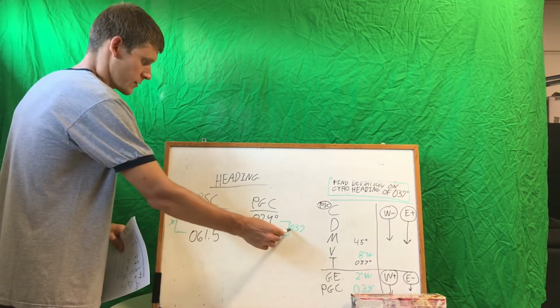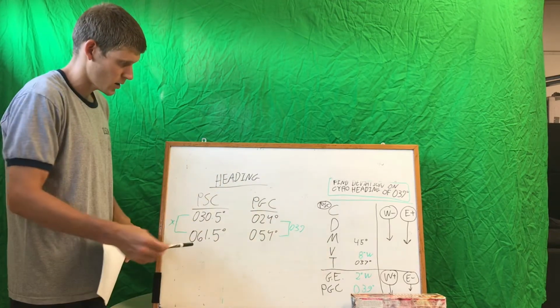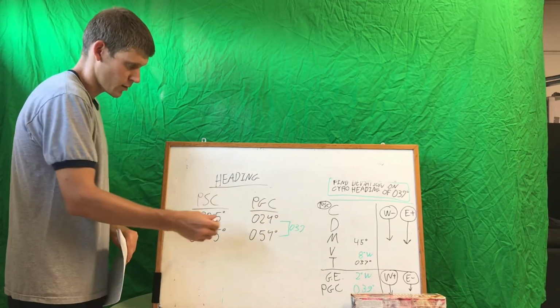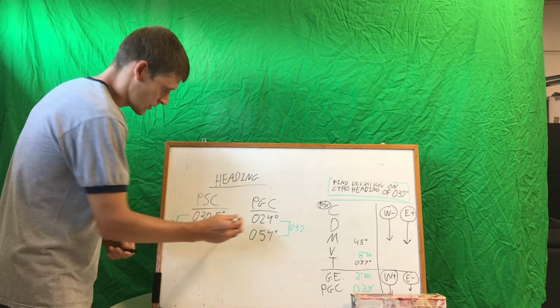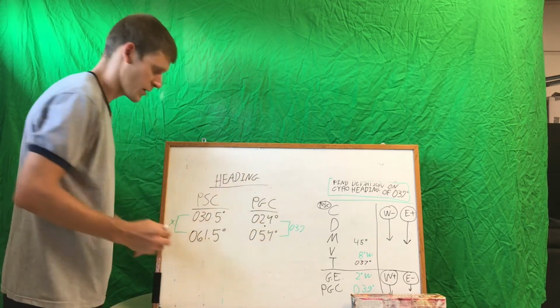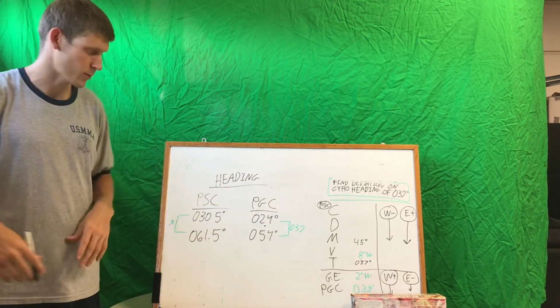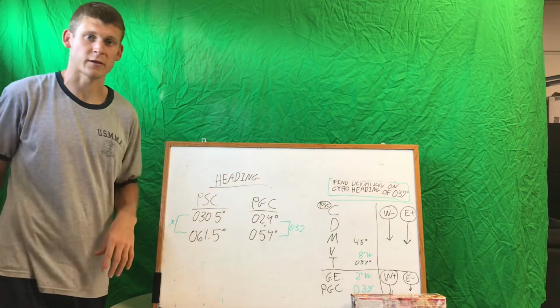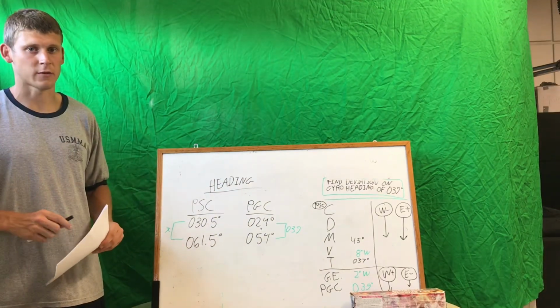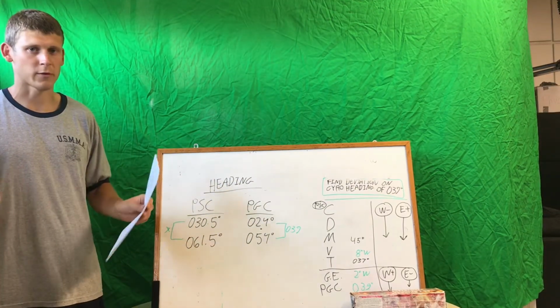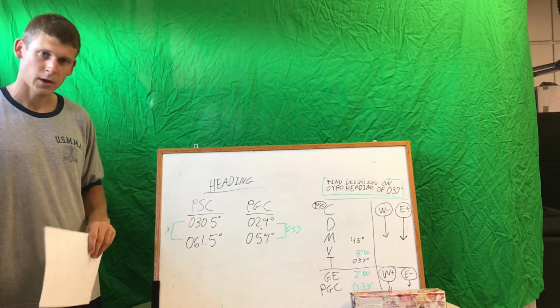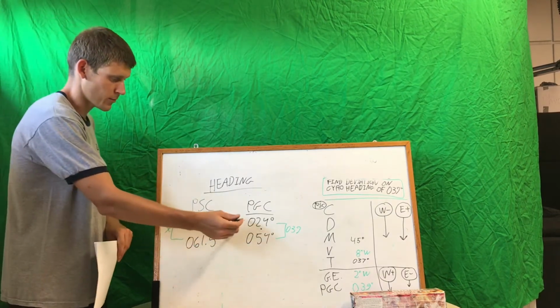Our number is 039 on per gyro compass. So I always like to make a little dot and put it there. Once you find the numbers you're working with, just cross out the rest of the list. You won't need the rest of the numbers on the list. You're only going to need the numbers